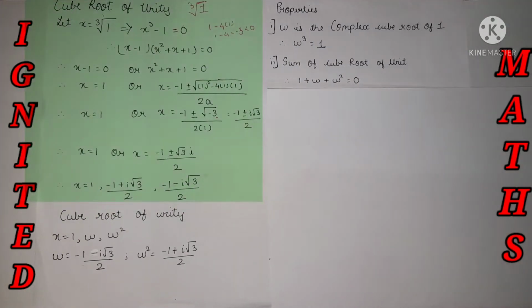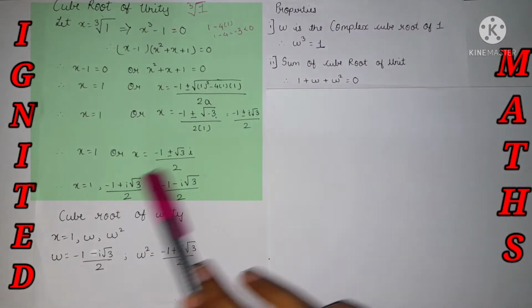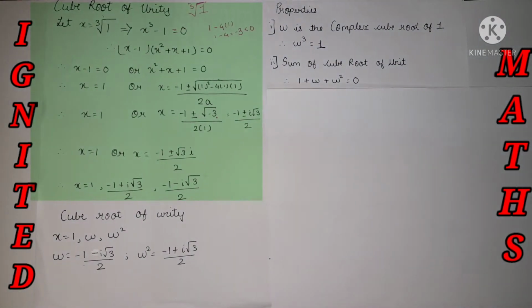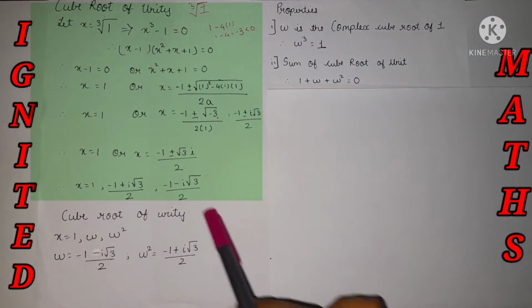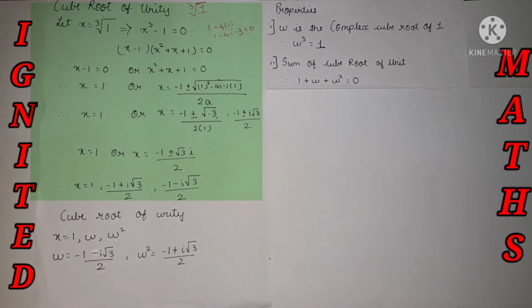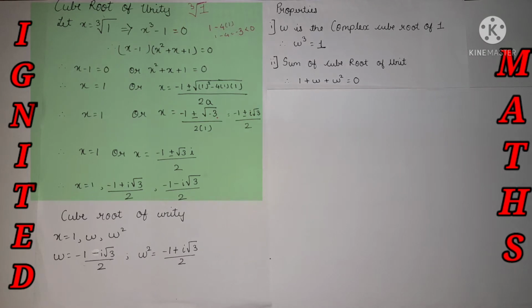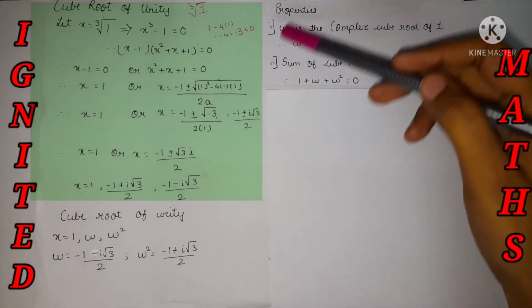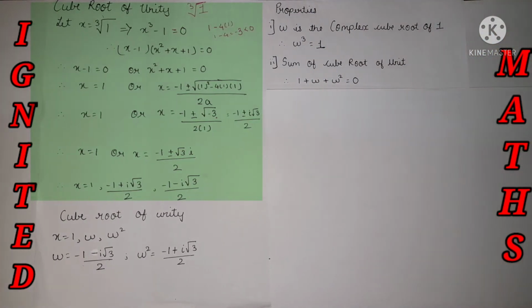Before moving to the properties, I would like to hide all of this. Okay, the cube root of unity. This is one of the most important things for proving any of the properties, any of the sums. This is one of the tools to find the cube root of unity. So I am going to hide all of this, and this will be shown. I am going to prove each and every property on the left hand side. I'll show the construction, proof, formulas, etc. on my left hand side, and over here I'll just show the properties. Let's get started.